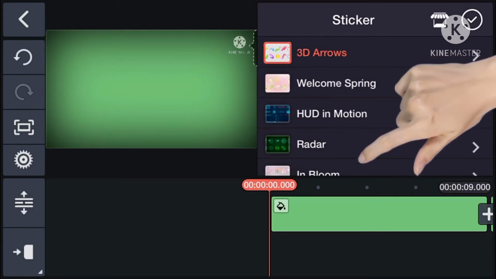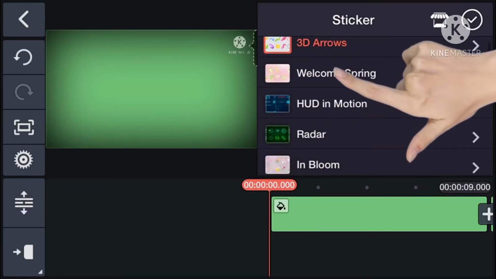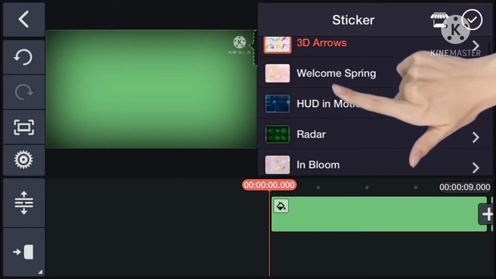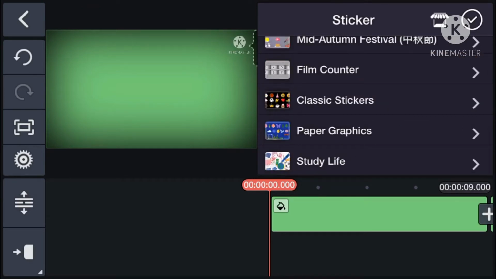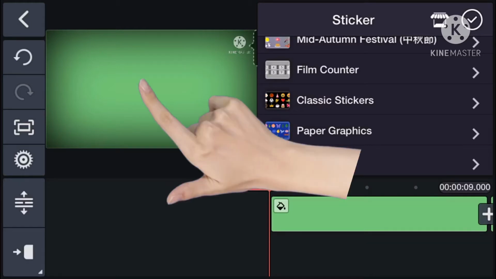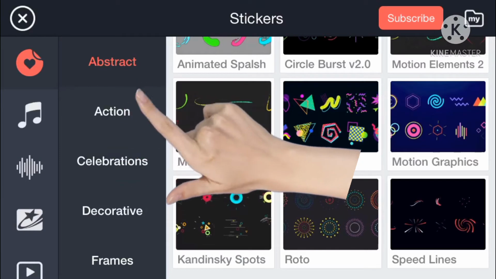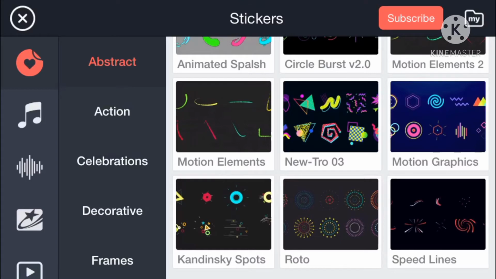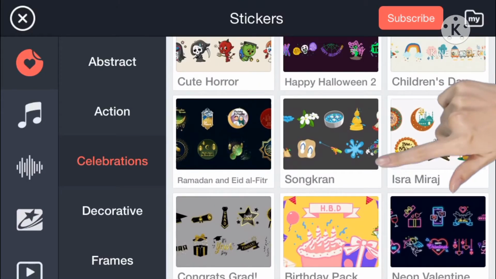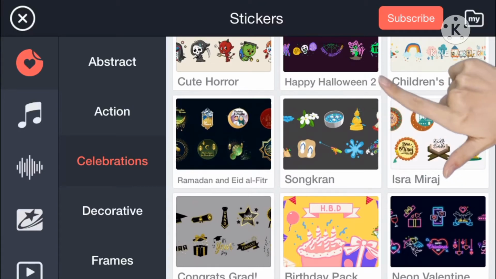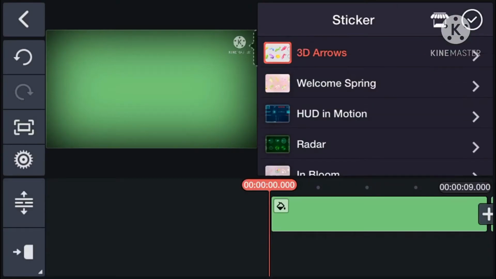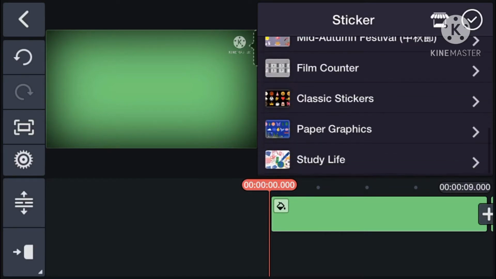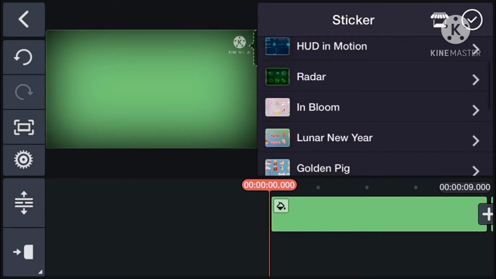Under the sticker, there are lots of options here, and I did install this one before, so normally I took my sticker from here. But if you want to have more sticker or another design, you can go to the store icon, and here you can choose any sticker and design you want. So as you can see on the video, I'm choosing the Welcome Spring design,